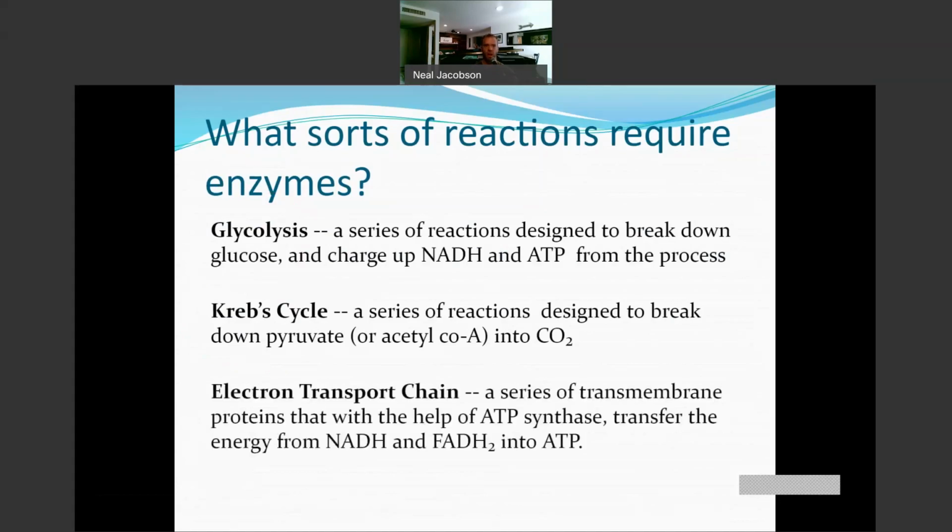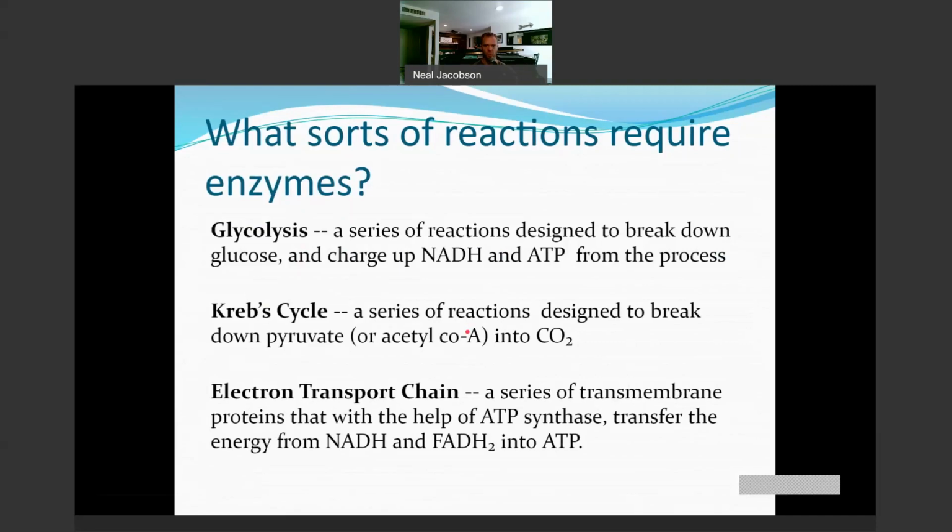In the cytoplasm. And then finally, we have the electron transport chain. You can think about the electron transport chain in terms of a currency exchange. We have a bunch of NADHs, we have a bunch of FADH2s, and what we do is we drop their electrons off onto this transmembrane system that takes those electrons and converts their energy. It converts them into ATP eventually through the help of ATP synthase. We'll talk about that in detail. But all of these processes are facilitated by enzymes, and we'll talk about them